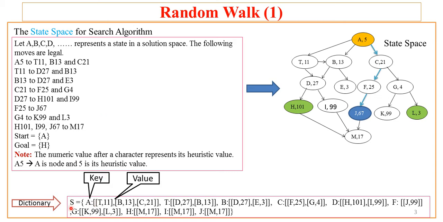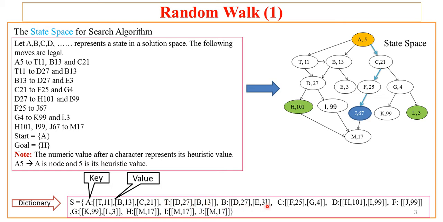So here Python dictionary is used. So here S is the list of successors, wherein the list elements are represented as the dictionary elements. So here in dictionary there is always a key value pair. So A is the node which is a key, and the values of these key are the nodes which are successor of node A. Now the successor of node A are T, B and C. Similarly, for given value T, that is the node T, the successors are D, B.